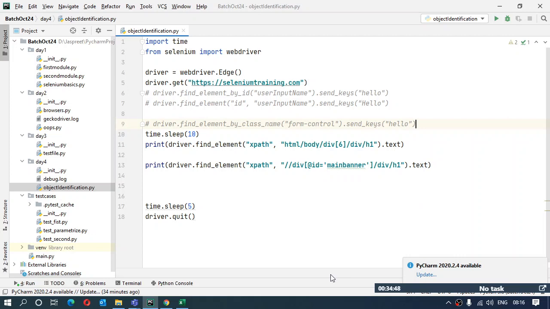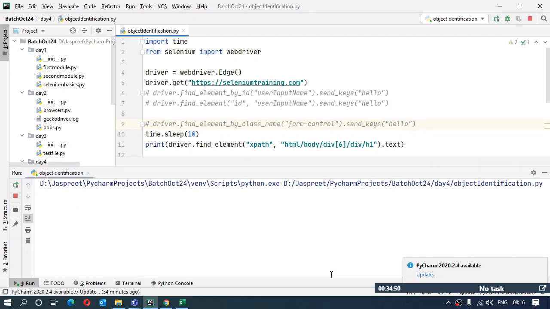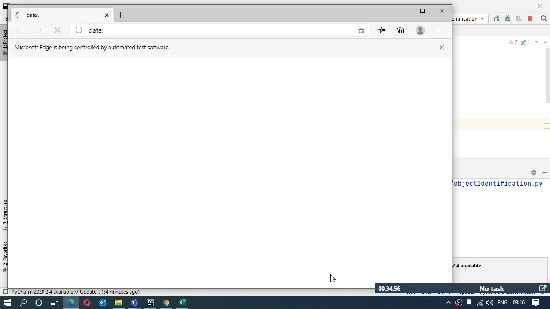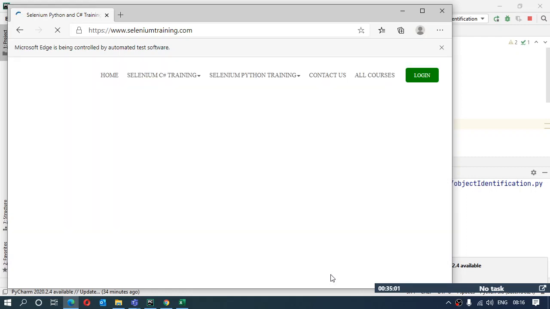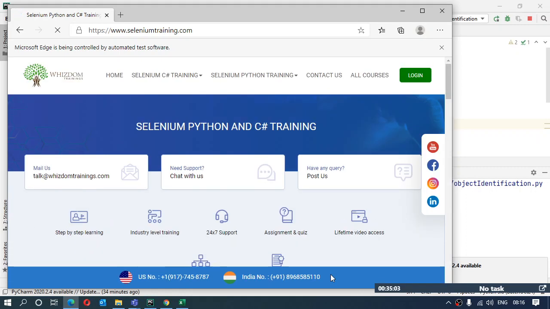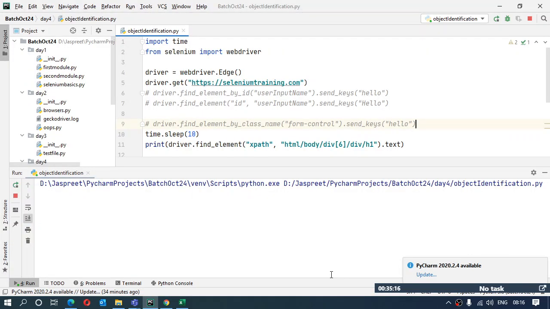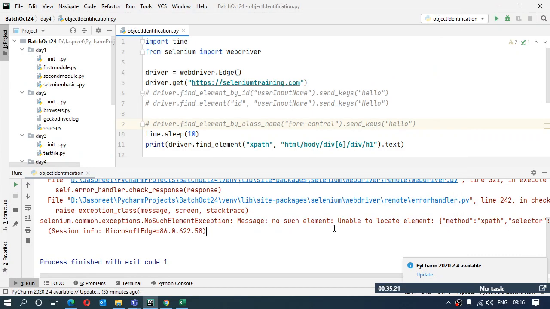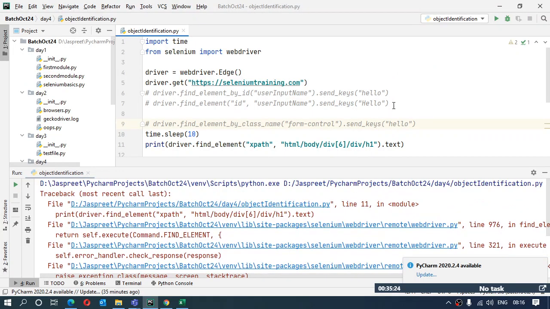So I'll run this. Got some kind of error. No such element exception.